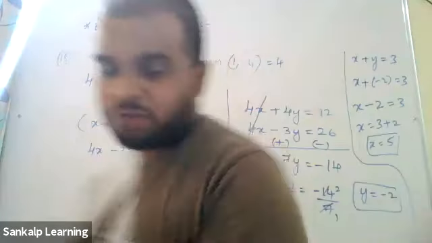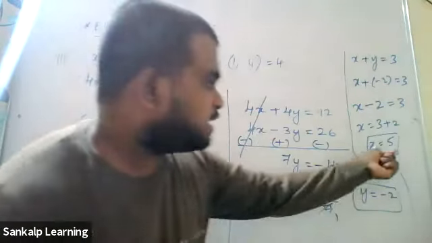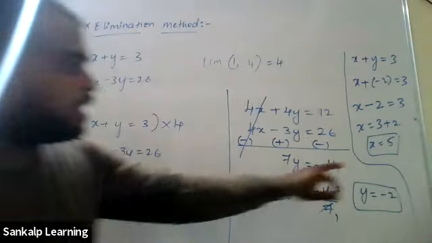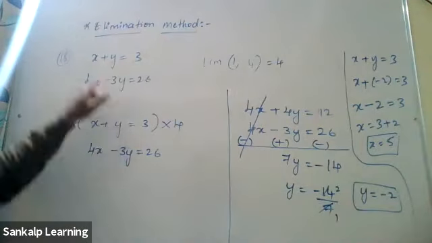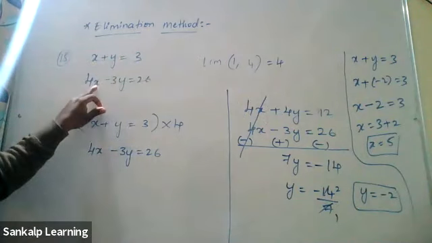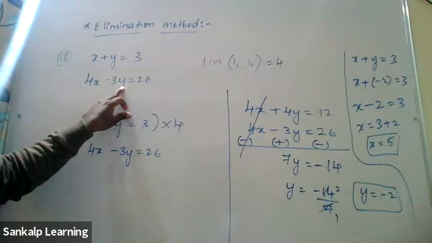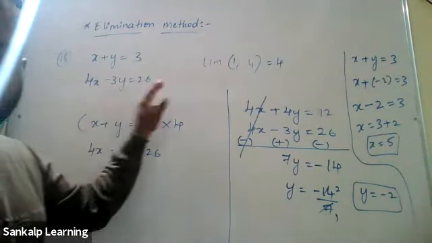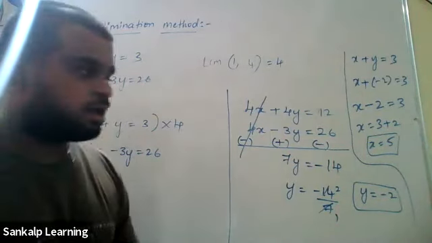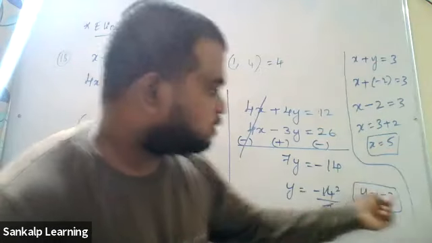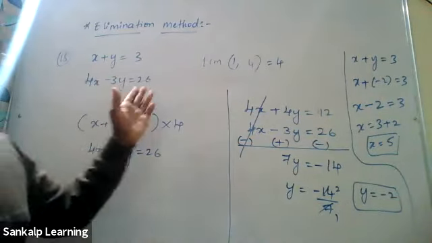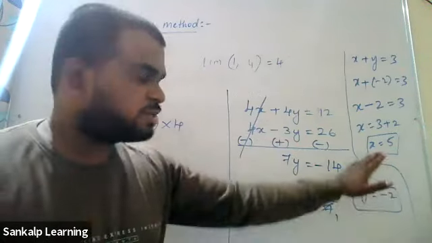Okay, how do you know whether you have got it correct or not? Simply substitute here in the question and check. x value is 5, y value is minus 2. 5 minus 2 is 3. x value is 5. So 5 into 4 is 20. Minus 3 into minus 2 is plus 6. So 20 plus 6 is 26. Both the LHS and RHS are same. What I said is, substitute the values in the question, and if LHS and RHS are same, your answers are correct.